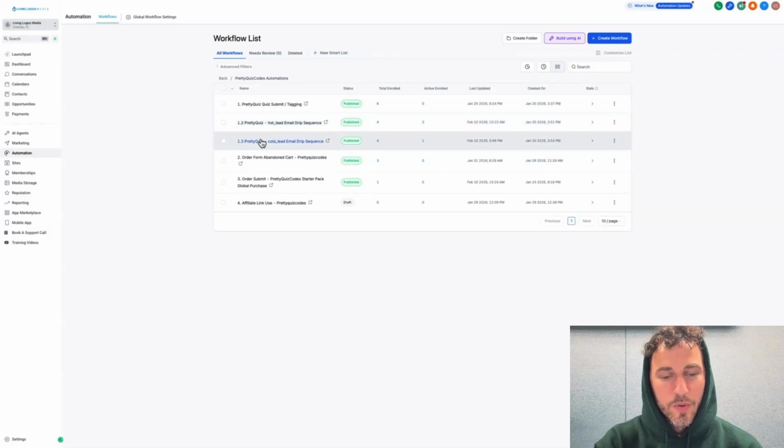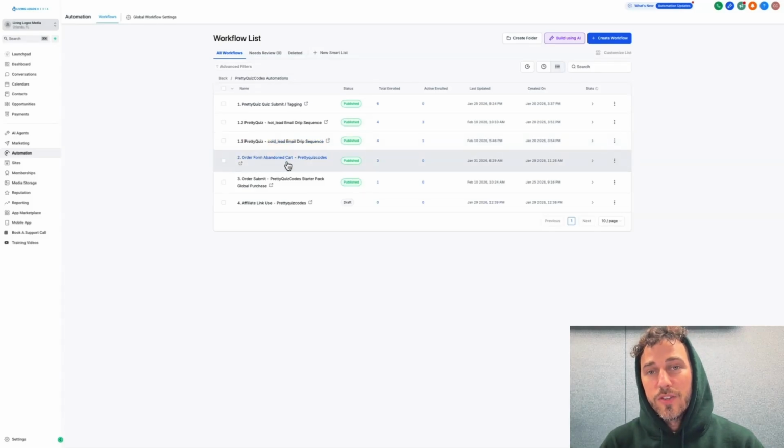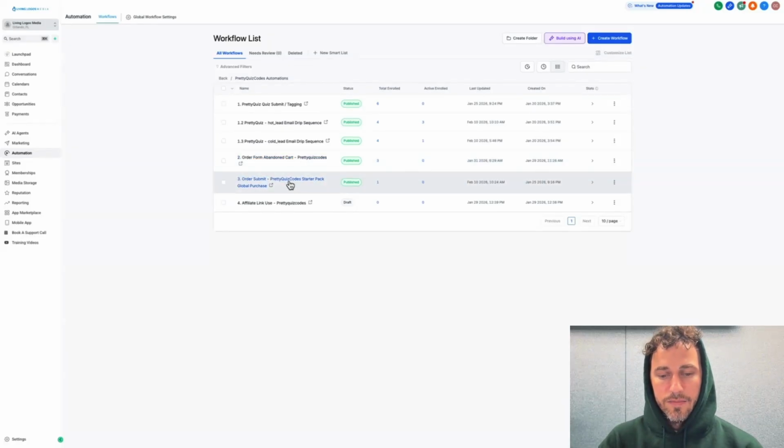So the 1, 1.2, 1.3: for the 1, it is whenever someone's in the quiz phase and they're deciding to buy. 2 is whenever they are putting their information and engaging with the landing page. 3 is when they have purchased the product and they are moving on from there. So anything beyond that, like after I decided to create a new product, then the next set of information would be that 3.1 would be the quiz submit tagging, or it would be similar to the quiz submit tagging. It would be something to the extent where I'm going to be tagging them because they're ready to buy my next